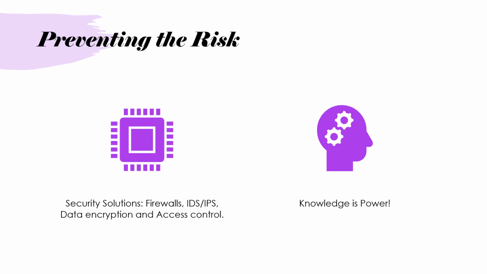And lastly, knowledge is power. One of the main keys to ensure you're preventing risk is to ensure that your employees are knowledgeable. To continue to keep your employees trained is important to ensure that they know how to detect a risk when it occurs. Too many cases of vulnerabilities occur from malicious attacks that were due to an employee not having all of the